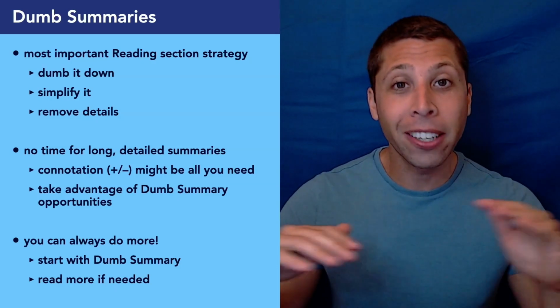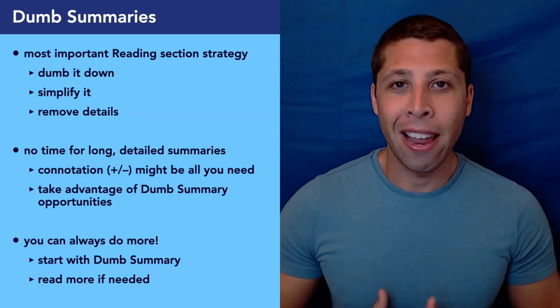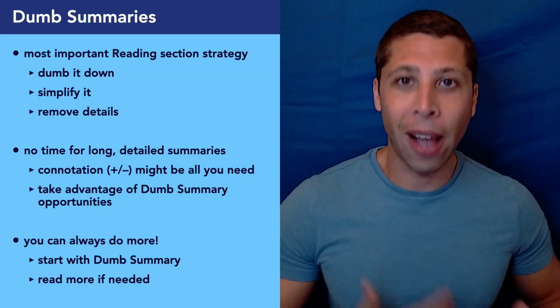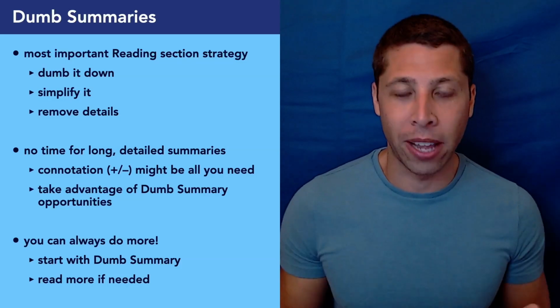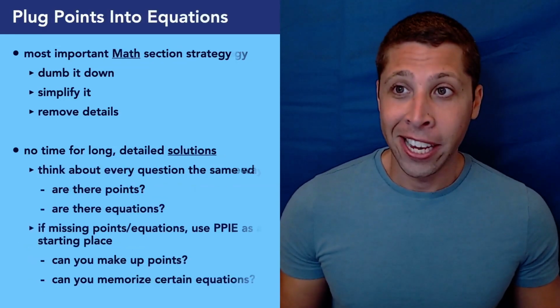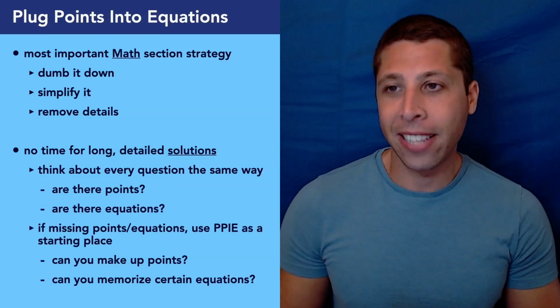And the main way that we talked about that is to use connotations to think about the passage in a very simple way at first, right? Are they using a lot of positive words, a lot of negative words? If they're using a lot of positive words, then we would expect the answer choice to also have some positive words as well, right? There's a symmetry there. So in the same way, the main math strategy is also about dumbing down the question, simplifying it, removing details,